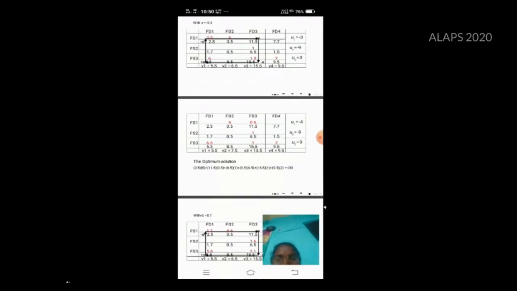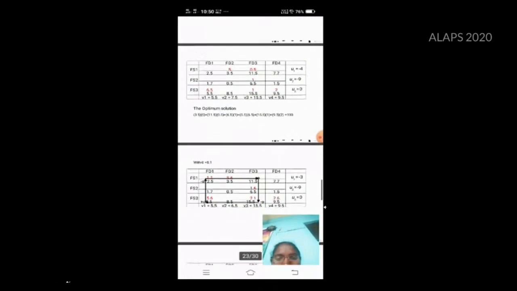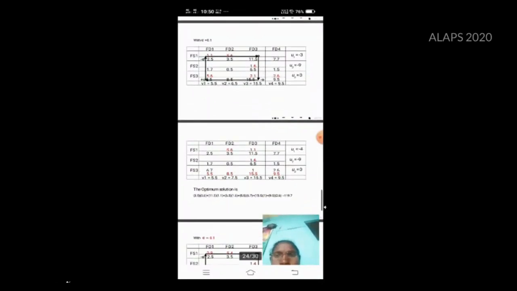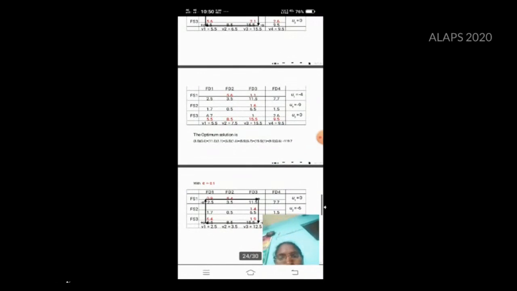The optimal solution is 100. Now add epsilon equal to 0. From the optimum table, we can add the basic cells. Now consider these non-basic cells and add this. The loop is formed and we interchange the theta. U1 equals 3, U2 equals minus 9, U3 equals 0, and with the V1, V2, V3, V4 values,